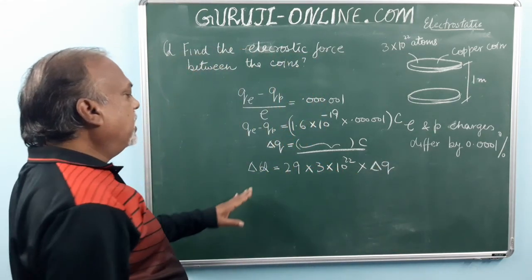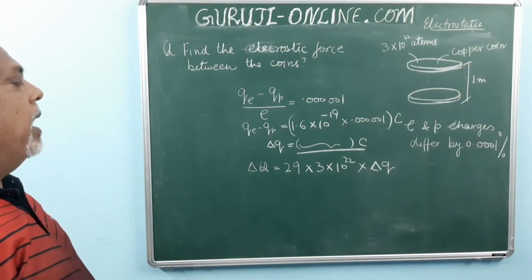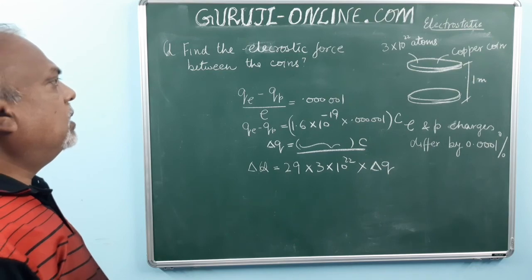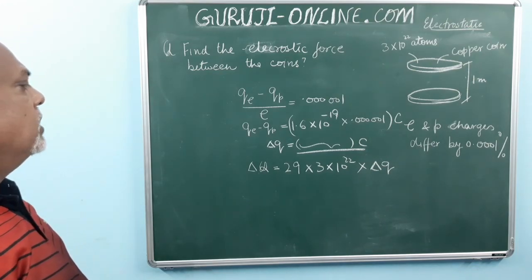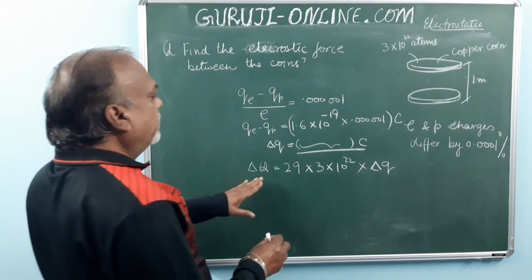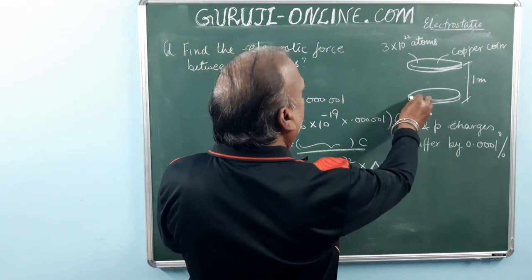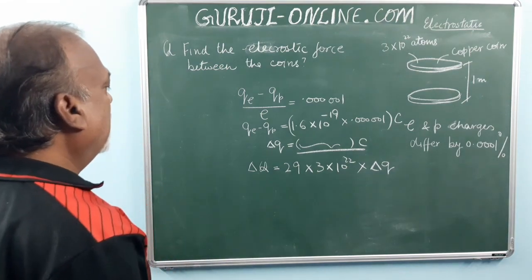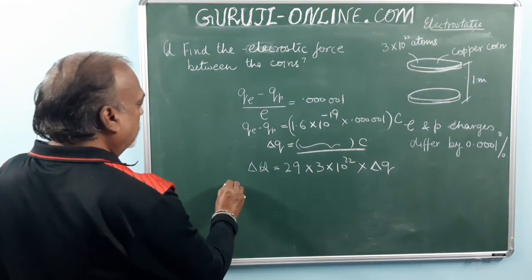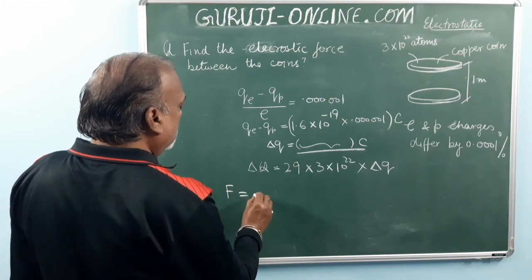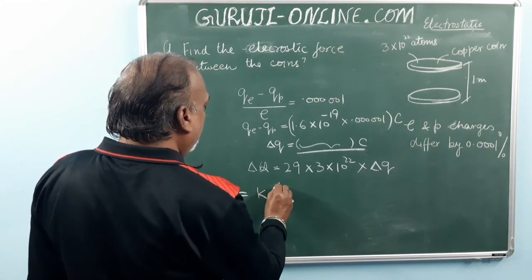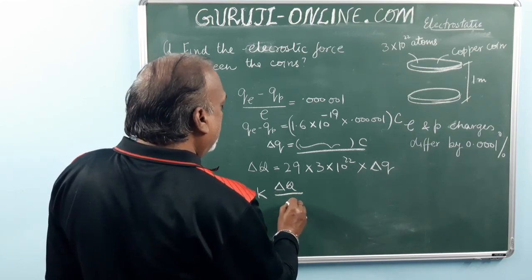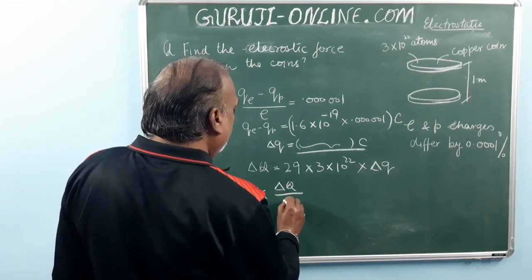This will be basically the charge difference between the two copper coins. This will be charge here and this will be the charge here. Since they are going to repel each other, what will be the force? K delta Q into, that is r square,